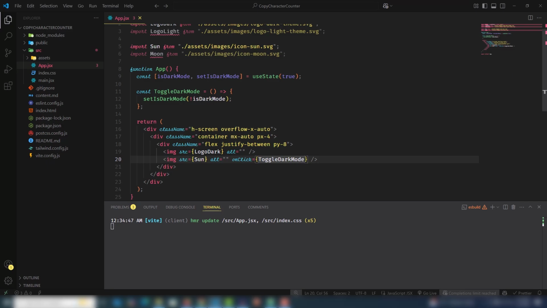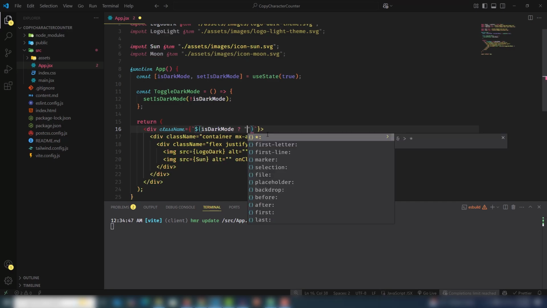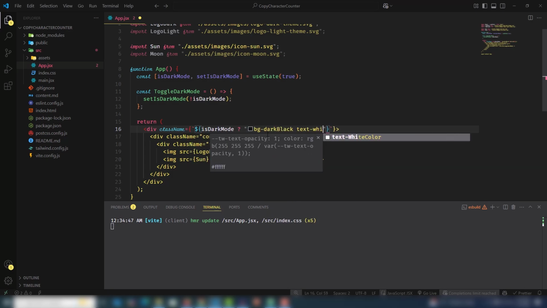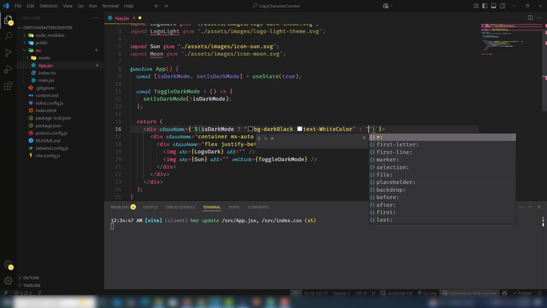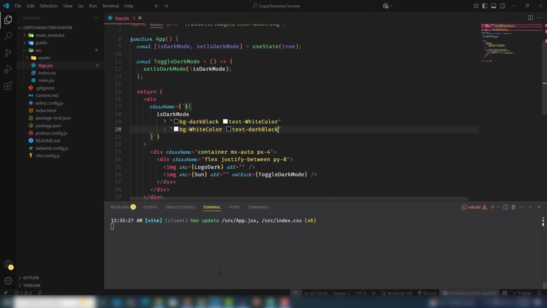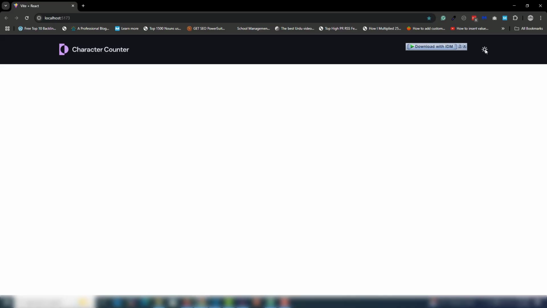So let's add the dark and light mode inside this application. So I'm going to cut that, use curly brackets, template literal, and inside that I'm going to use dollar isDarkMode, if it exists, to display the bg dark black, text should be white. After this one I will use bg white color and text should be dark black. That's it. And as you can see when I click on it,